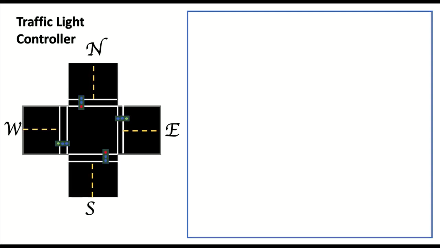We are going to need to control the lights and have them step through, so they're going to be on for a certain time, and then we're going to let the other direction go. And I think in the early 1900s, I read somewhere that a policeman in New York City decided it would be a good idea to have a yellow light in between the green and the red.